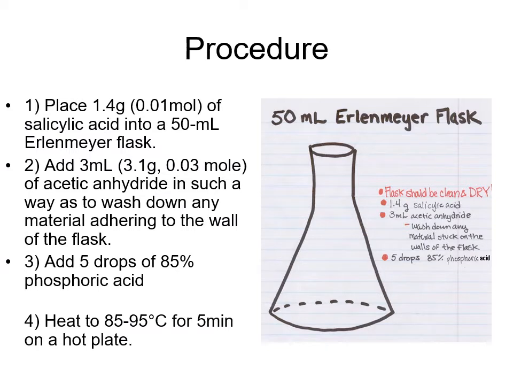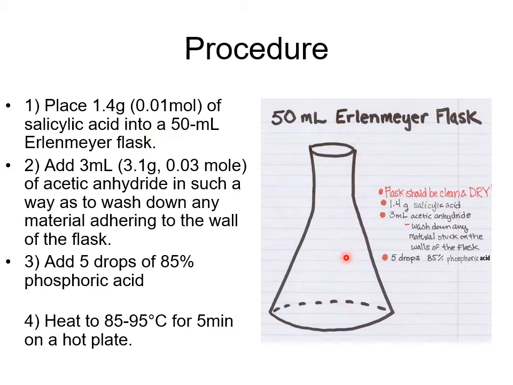So here is the procedure. Here are the different things you will need for this reaction. Of course, you need a very clean and very, very dry flask, because that anhydride is very reactive with water. You need 1.4 grams of salicylic acid. You need 3 milliliters of acetic anhydride, because it's a liquid, and wash down any product that might be stuck on the sides of the flask. And you need only 5 drops of phosphoric acid. In this case, the phosphoric acid is a catalyst because at the end of the reaction, you end up with acid. So the first step is to place your 1.4 grams, which is 0.01 moles of salicylic acid, into